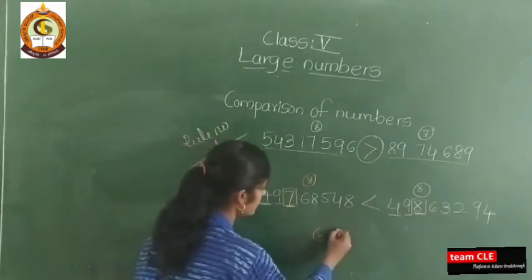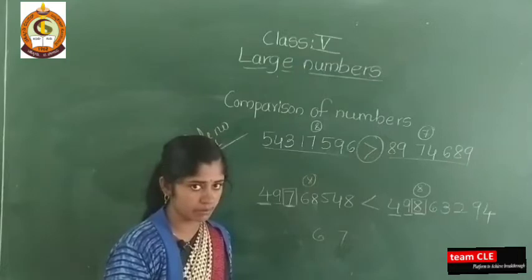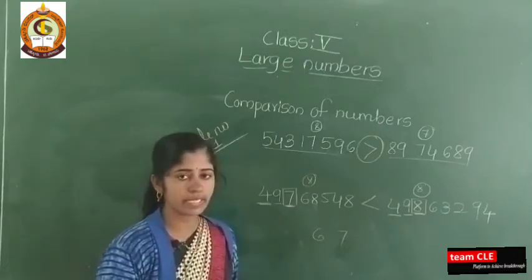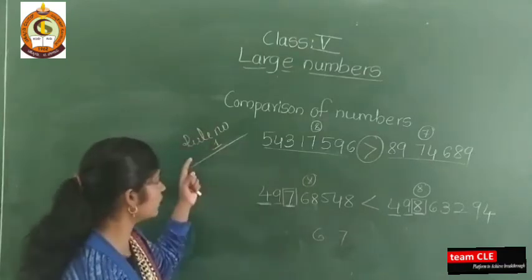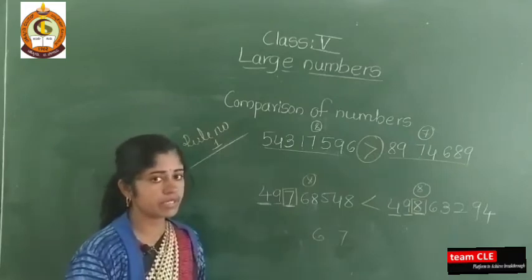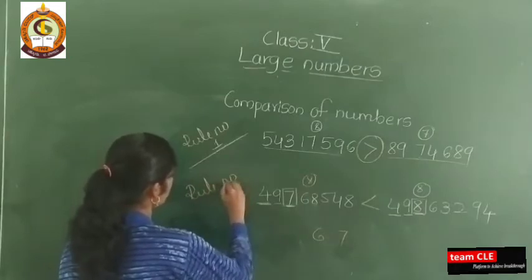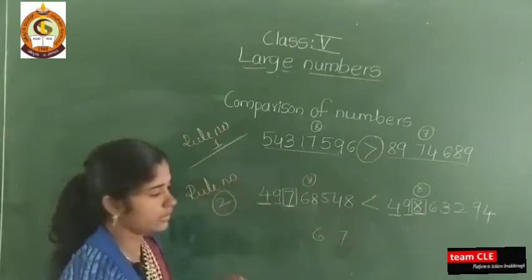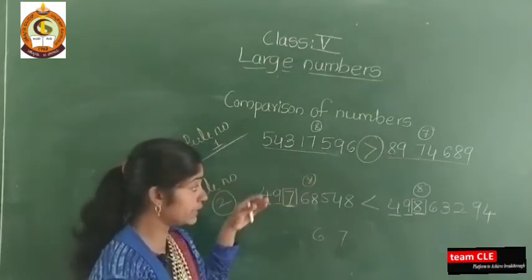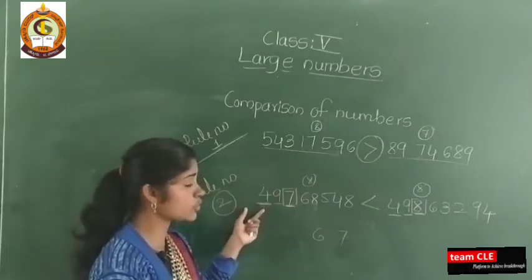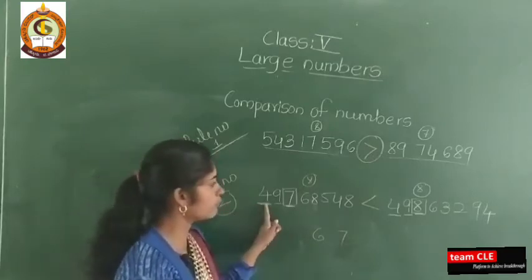If it is 6 and 7 digit numbers, you can compare very easily, but here you are learning 7 and 8 digit numbers. After watching the numbers, you can't say which one is bigger, but if you know the rules, then you can compare the numbers very easily. So this is rule number 2. I hope you are getting my point. If the number of digits is not equal, then you can compare easily. If the digits are the same and the first digit is also the same, and the second digit is also the same, then for that you need to know rule number 2.